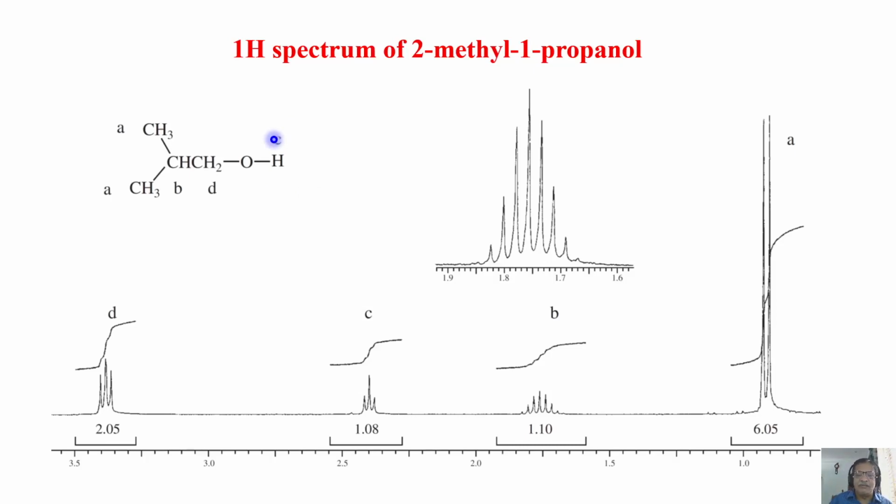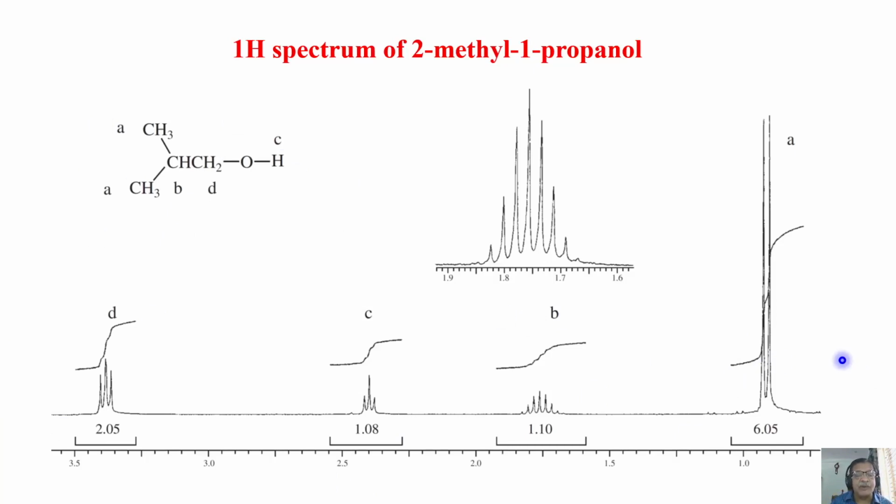So it doesn't matter. But if you look at this spectrum, there is no broad peak you can see here. If OH was there, you would have seen a broad peak like this. Generally, in the proton spectra of several molecules you see in various books and literature, when there is an OH proton, you will see a broad peak like this. But I don't see any broad peak here. We have four different types of protons. We have 4 groups of peaks. That means one of them must be OH.